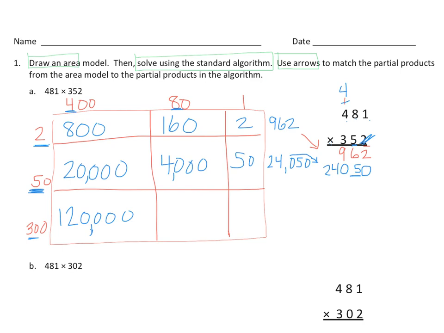Next one is 300 times 80, and that is going to be 24. Sorry, 3 times 8 is 24, so 300 times 80 would be 24 and add 3 zeros to give you 24,000. And then 300 times 1 is obviously going to be 300. And so if we carefully add up these three numbers, we should get 120,000 plus 24,000. That would be